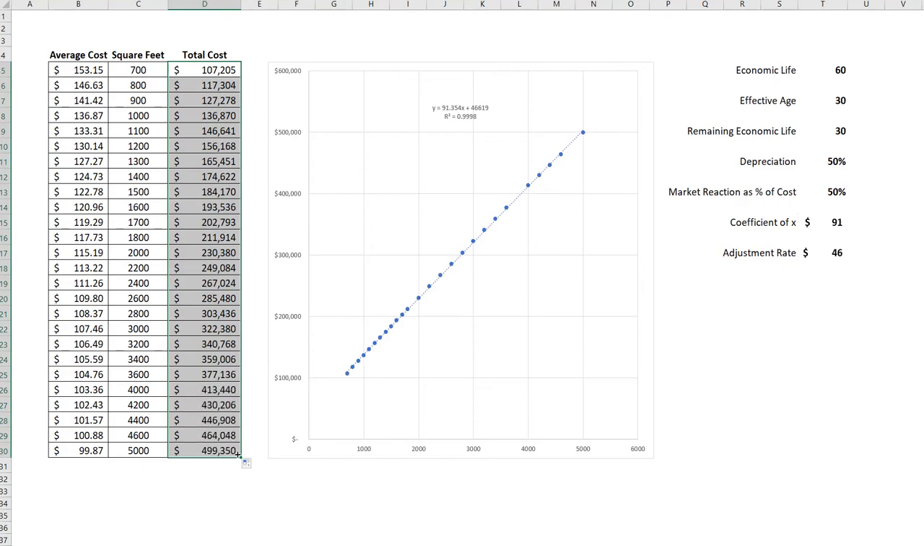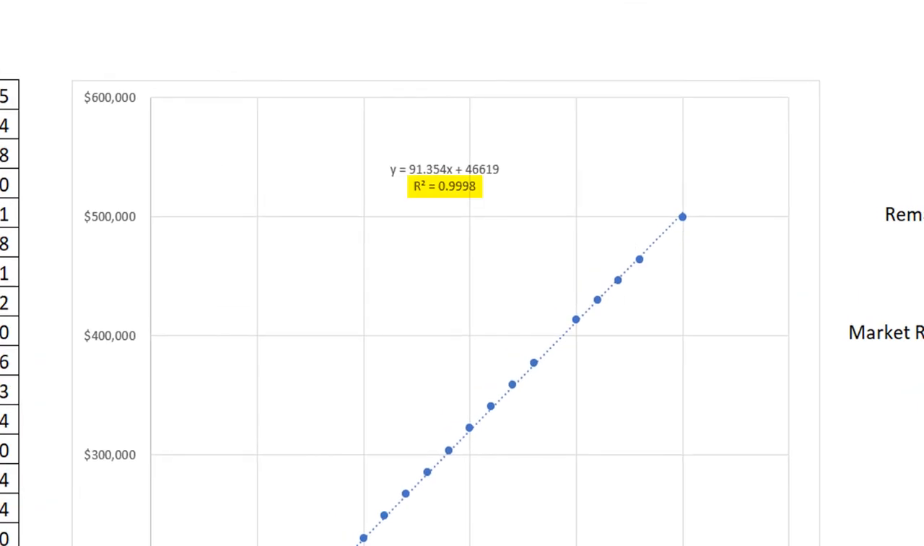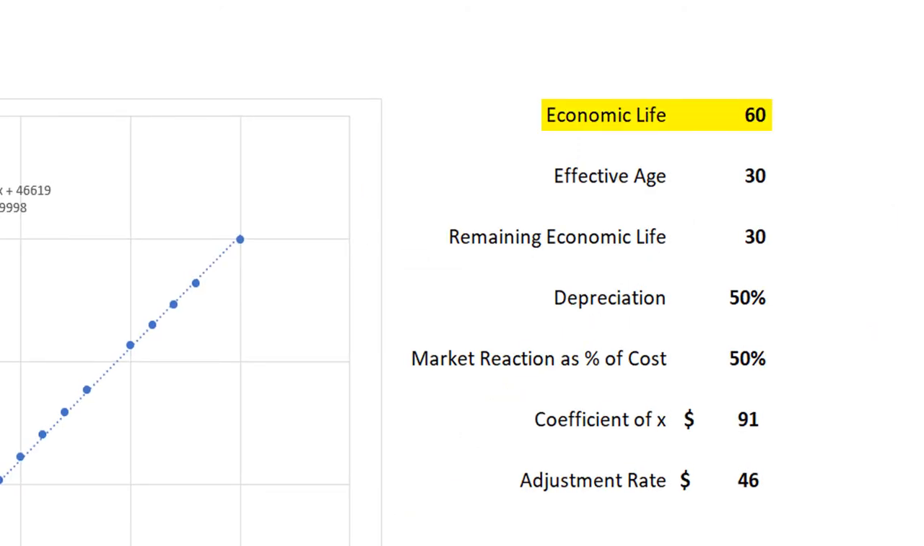This is set up for a scatter plot, but there is not much to scatter. In fact, 99.9% of change in the total cost of GLA is due to a change in the square footage of GLA. The equation, which is the regression line, tells us the story. Total cost of any dwelling is therefore about $91 per square foot times the number of square feet plus $46,700. Up on the right, we have the economic life at 60 years because that assumption is baked into the